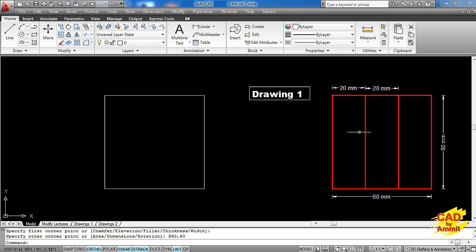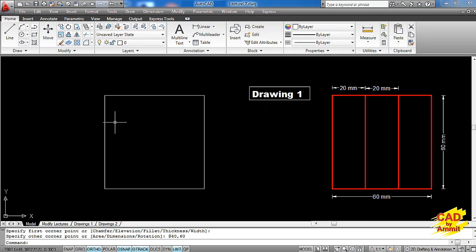Then we have to create these two vertical lines, and for making these two vertical lines the best option would be to use the offset command. But before we can apply an offset command on a rectangle, we need to explode the rectangle. The reason is rectangle is a polyline object, so all the 4 lines of the square or of the rectangle are actually joined together. So before we apply the offset command, we need to explode it so that all the 4 sides get separated out.